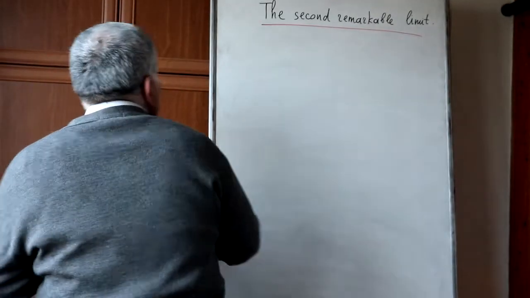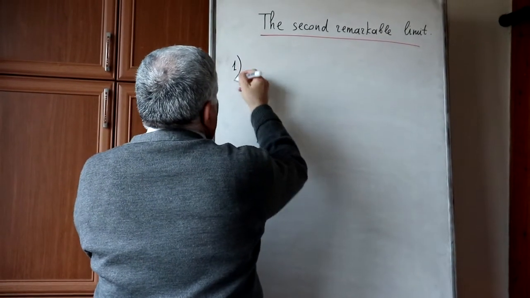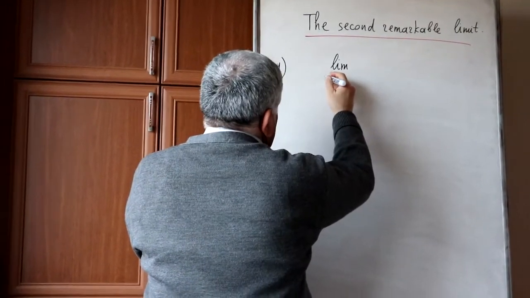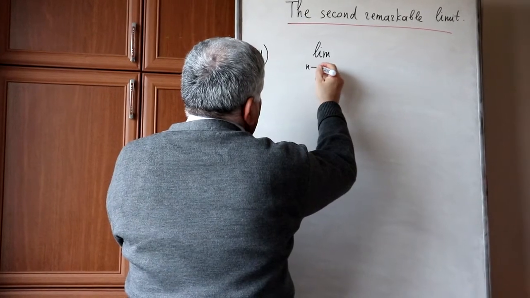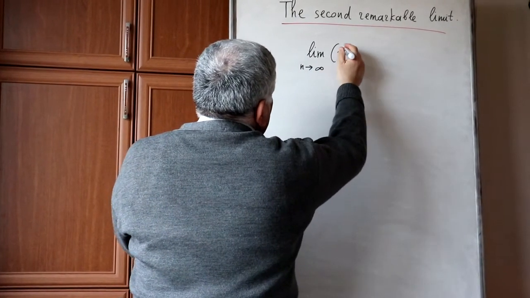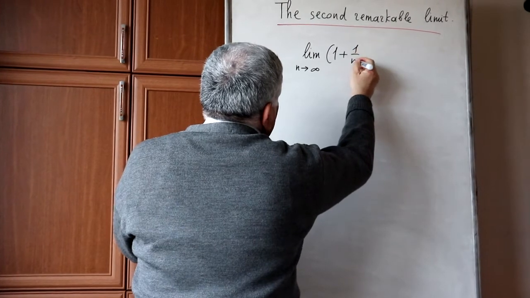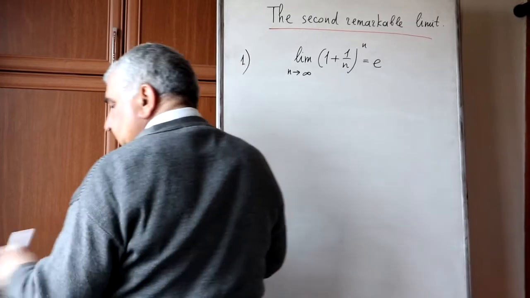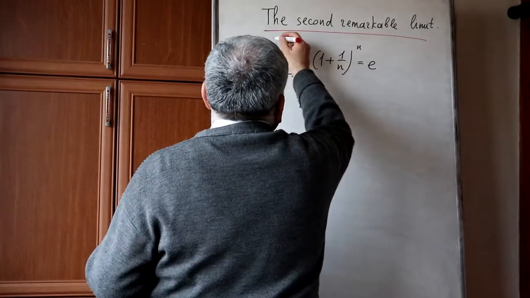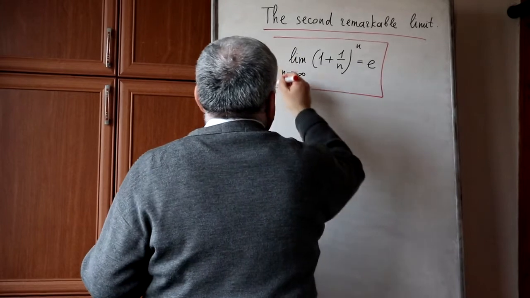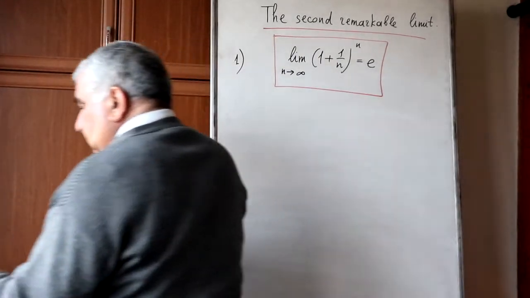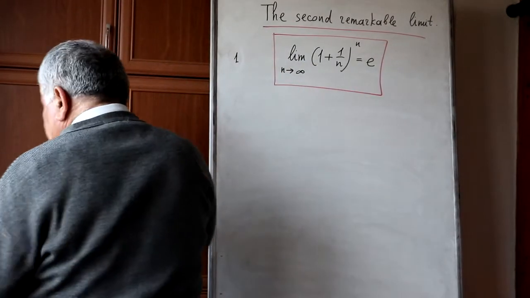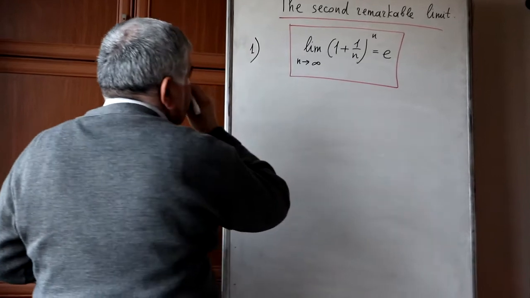First formula. Limit when n tends to infinity of 1 plus 1 over n raised to n is e. It is formula 1a, 1. First formula. Here